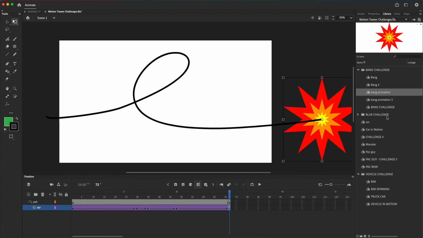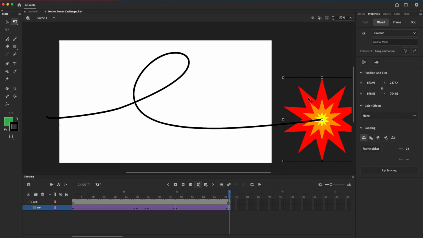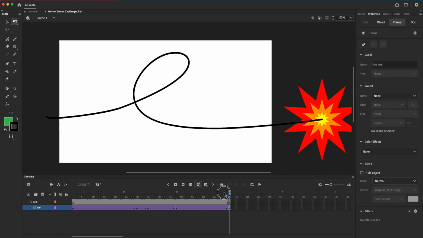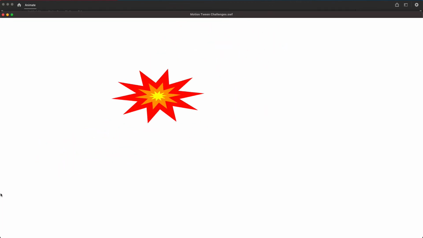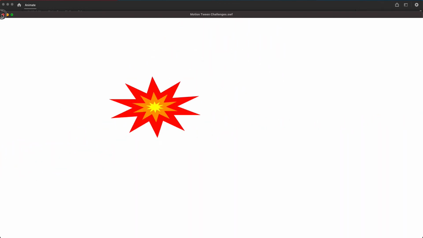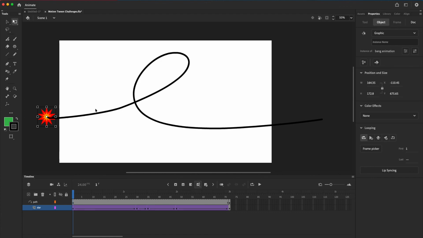So by the final frame, we can say that, is it a movie clip? No, it is actually a graphic. So I'm not even going to worry about the blur. We'll just leave that alone for right now. So let's look at it now. Yeah. So try those out, and get the hang of using the path, the motion path, and